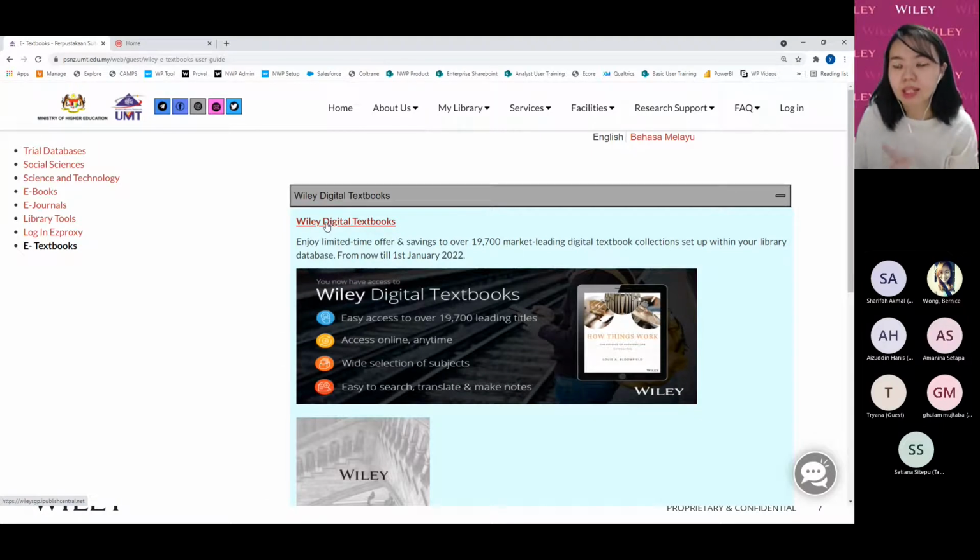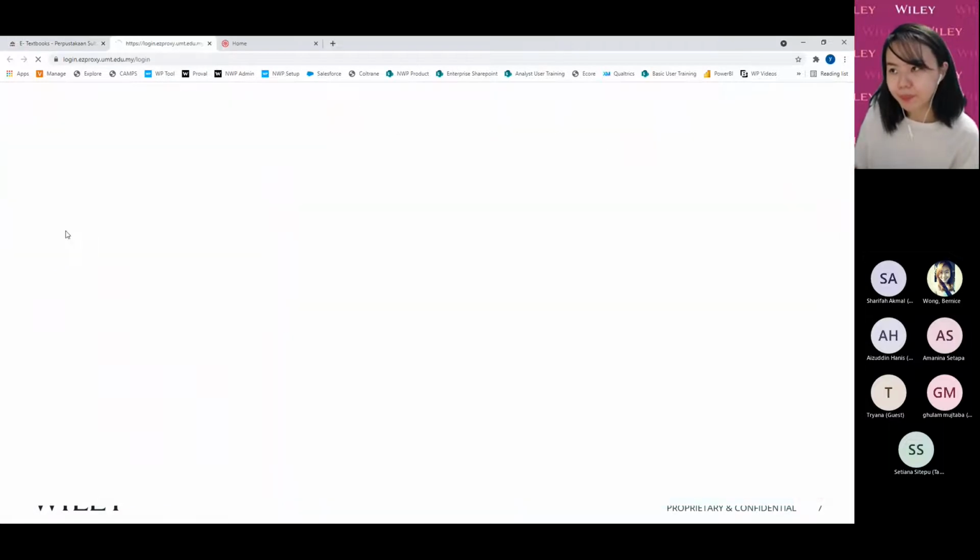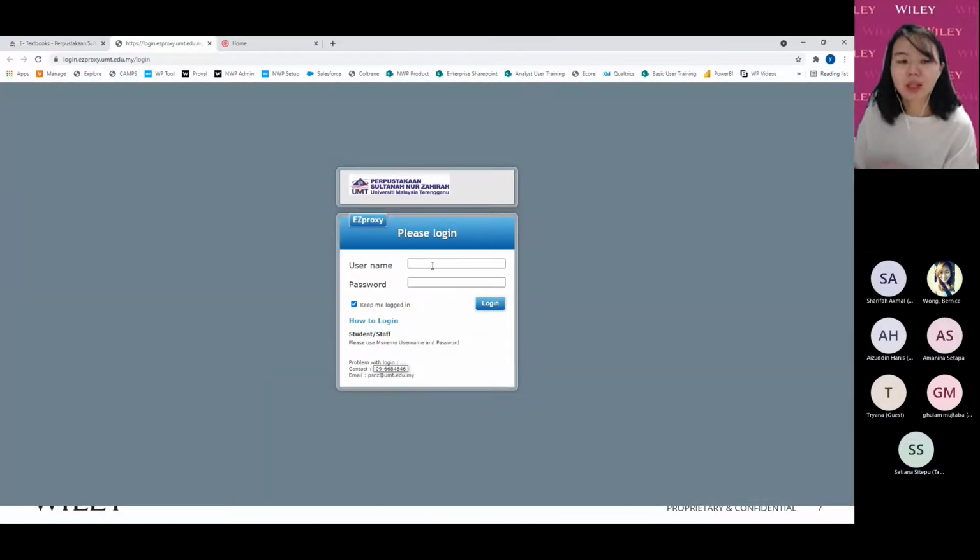If you are accessing it in your campus, maybe in your library or in your classroom, this is how you access. If you are accessing it at home, instead of clicking e-textbooks, you should click on login to Easy Proxy. So on campus, click on e-textbook. At home or anywhere outside of your school, click on login to Easy Proxy. And you should log in using your username and password. So once you are done,